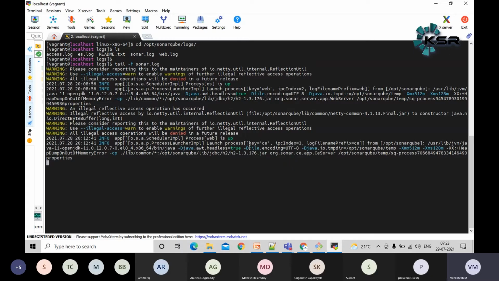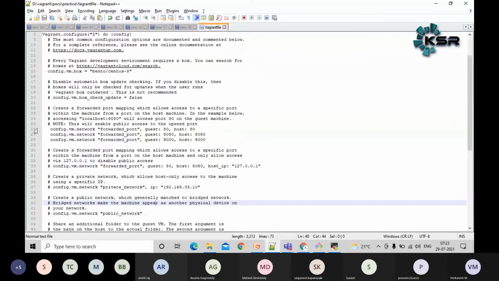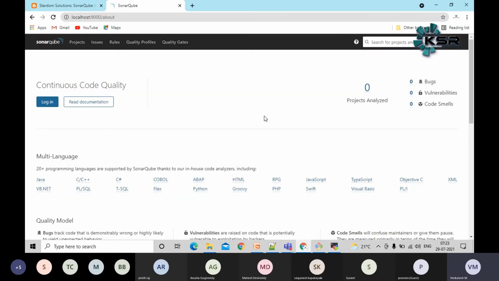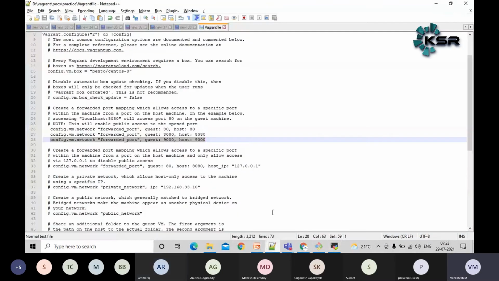So whatever things I want to install, I will install in the Linux machine. Yesterday I showed you some port mapping, which I will do here. From the guest to the host port mapping I will do it here, so that I will be able to access everything from my local laptop, that means the Windows machine also. So the virtual machine and this local laptop will be mapped together? Yes, both are interlinked with the setting. We can also do that within the machine, we can do that part. But as I mentioned, the size will be very high. That's the problem.